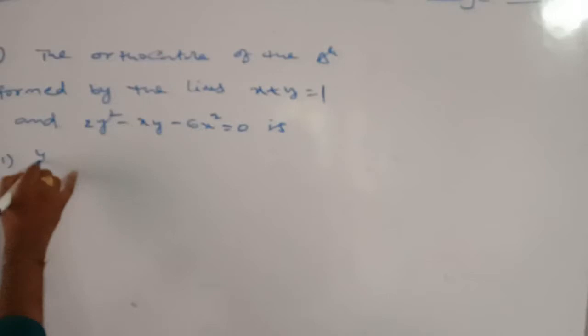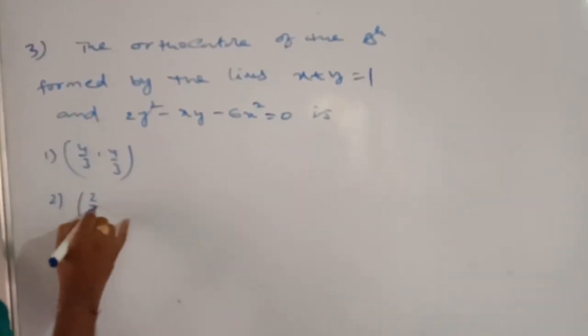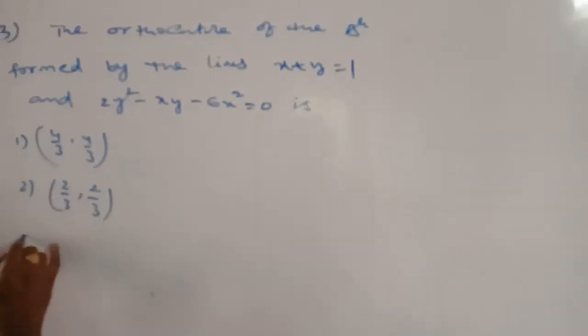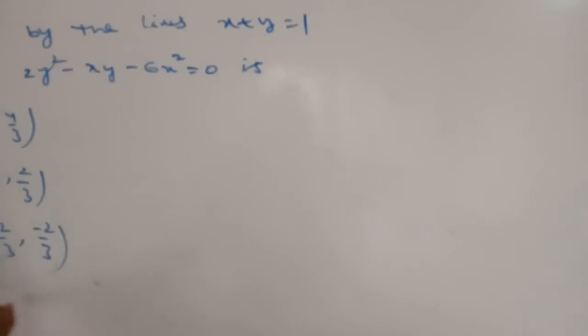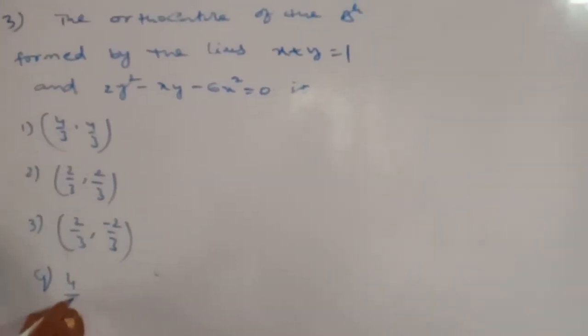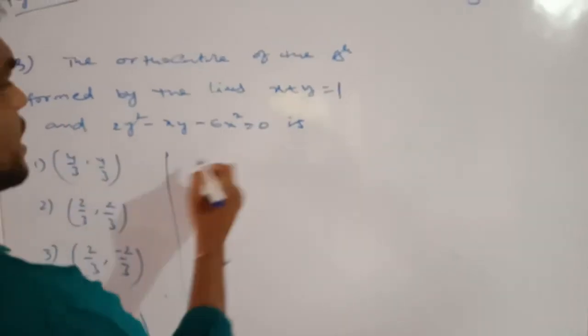Now first option is 4 by 3, 4 by 3, and the second option is 2 by 3, 2 by 3, and third option is 2 by 3, minus 2 by 3, and fourth option is 4 by 3, minus 4. Center of the triangle formed by the line